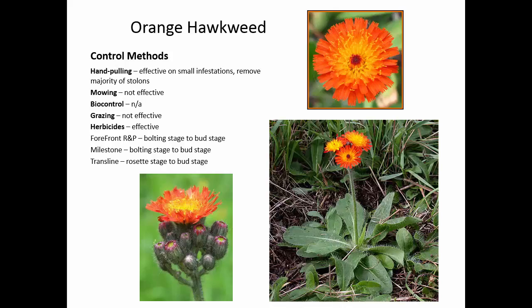This gets the dandelion puff too. I've actually cut this. I take it around for identification purposes. Cut the flower off, and it will still go to seed wherever I cut it off. So mowing, if it's flowering, bad idea. Not effective for grazing, doesn't have a biocontrol. There are herbicides that work on it. Up in the Bigfork and the Swan area, this and the yellow hawkweeds are a problem. In forested areas, they're hard to see until they're flowering.